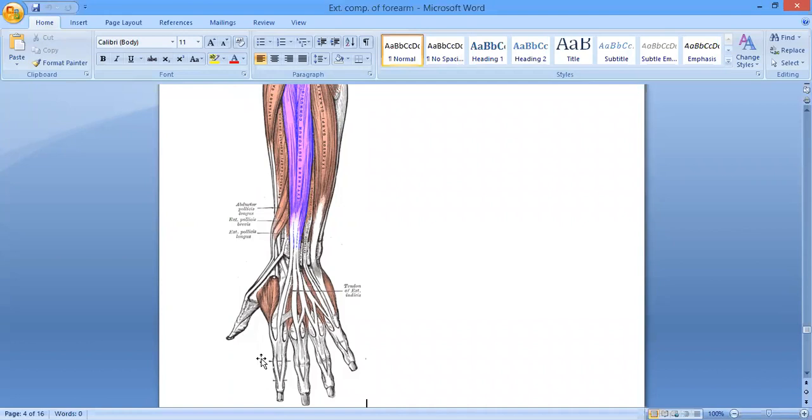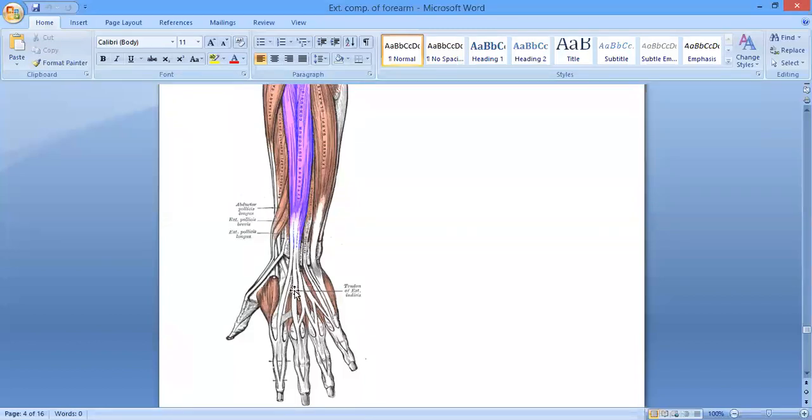Okay? Each tendon, when it reaches the metacarpophalangeal joint, expands to form the extensor expansion. After the extensor expansion is formed, it divides into 3: the central slip and the 2 lateral slips. The central slip is attached to the base of the middle phalanx, and the lateral slips attach to the base of the distal phalanx. Is it clear? And you see the tendon going towards the index finger over here.